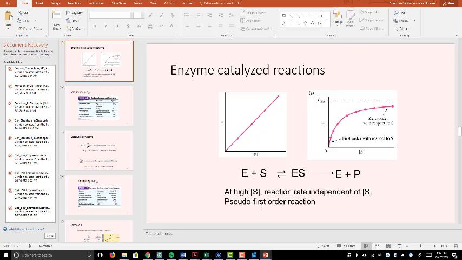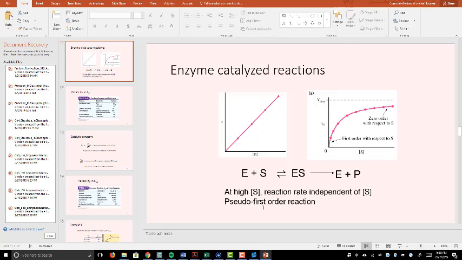So those two go hand in hand. And competitive, the way I like to keep it straight is that competitive binds to the same pocket. It's competing with the substrate to bind to the active site. Uncompetitive inhibitor is binding somewhere other than the active site, but it's changing the shape of the enzyme so it